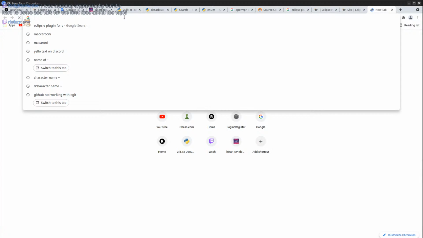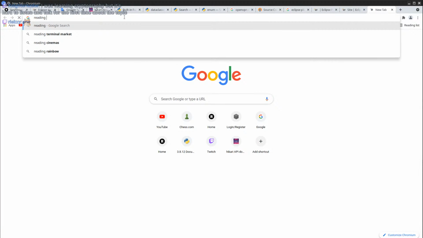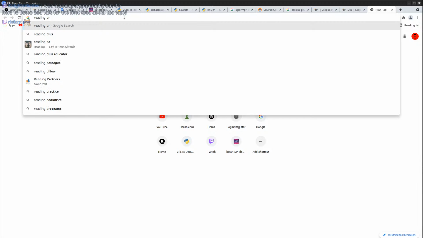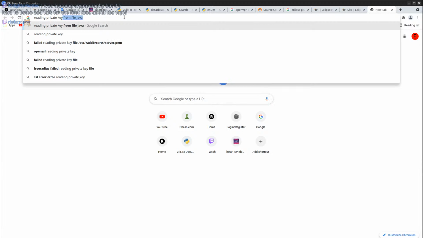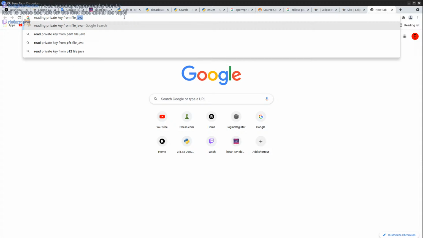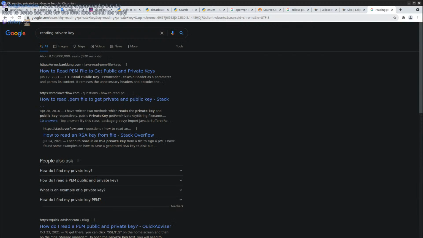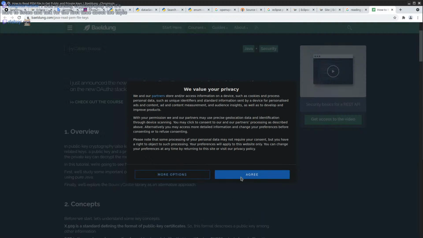Reading private key from PEM file. I don't even remember what would be a good wording for this. Don't remember which one is the PEM file.